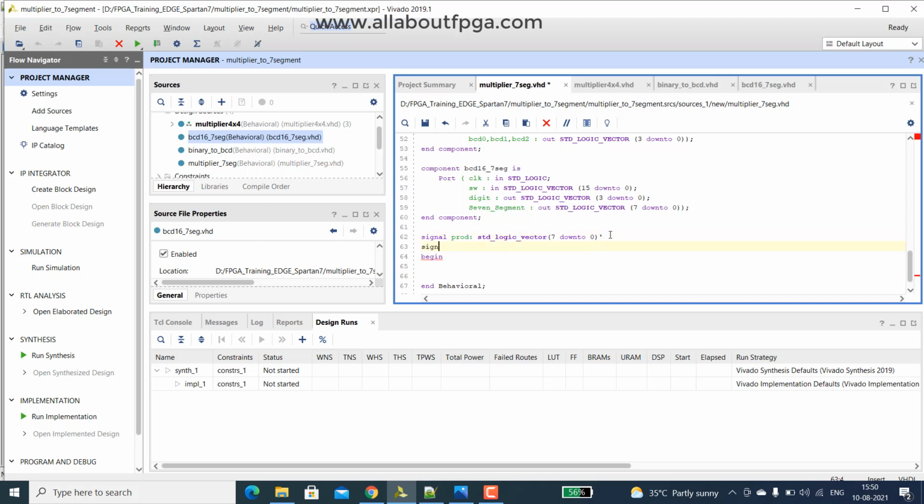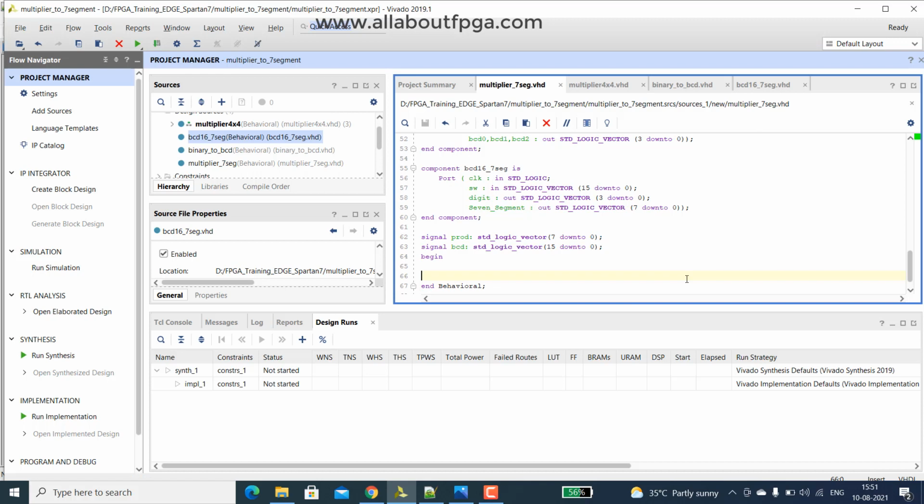Then we name another signal BCD and keep it as a standard logic vector of 15 down to 0. It should be a semicolon. So we have two signals created.